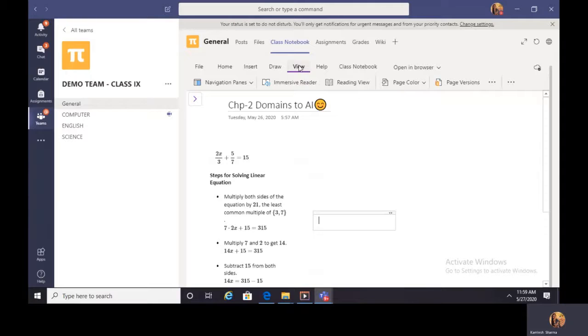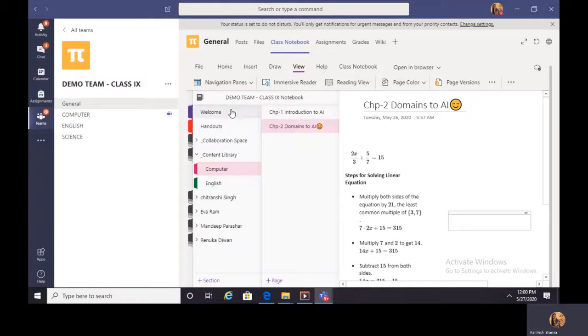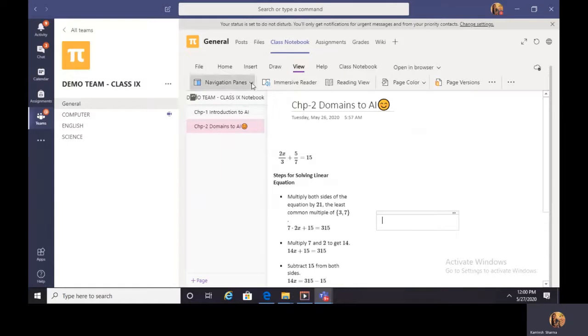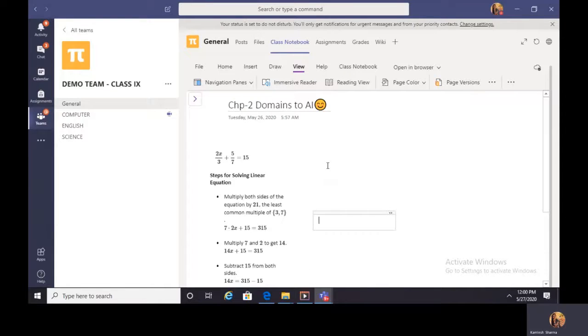Now this is really interesting. Next tab is the view tab. View tab gives you numerous options under it. The very first option is the navigation panes option. It has 3 sub options, wherein the first option is show sections and pages. If you click on that, your screen is again going to get divided into the 3 columns like this. And if you select show only pages, then only the pages and the description of the page will appear on the screen like this. And if you want to hide everything and show only the content, you can go and select the third option.